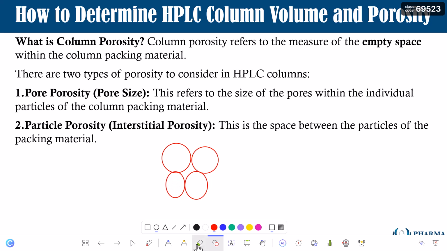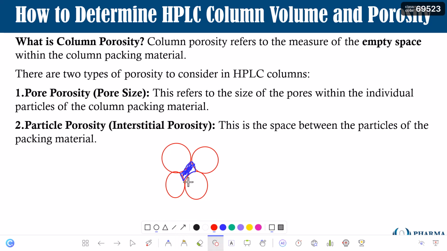Okay. Now can you see there is some space available between these particles, isn't it? And this is called interstitial porosity because of the space between the particles of the packing material. So this is the first one, or rather, this is the second one we talked about. This contributes to, or becomes the reason for, the column's porosity, and we also talked about the